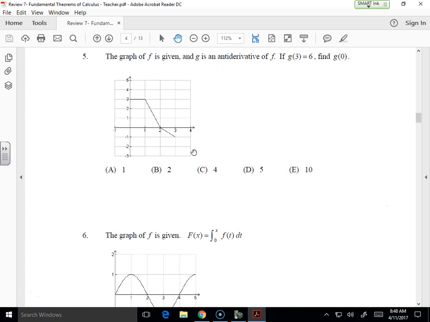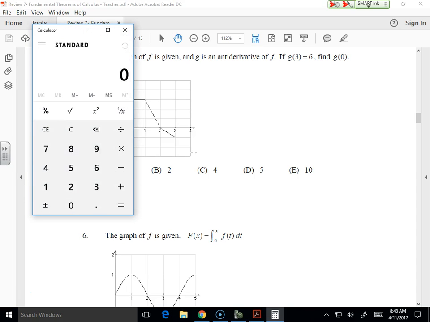Number 5. Oh, this was a good one. Yeah, this one's a rough one. No, it's not. No, it's not. It's a fun one. It's fun, but it's just like,